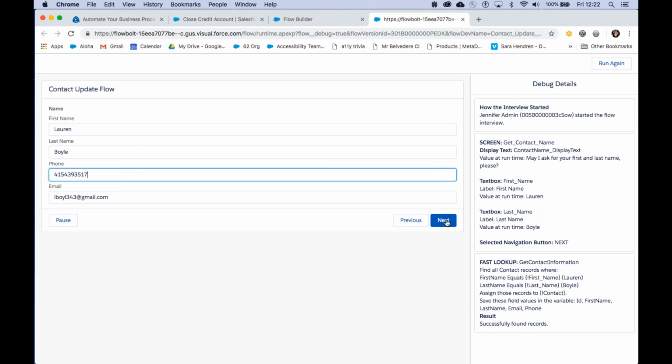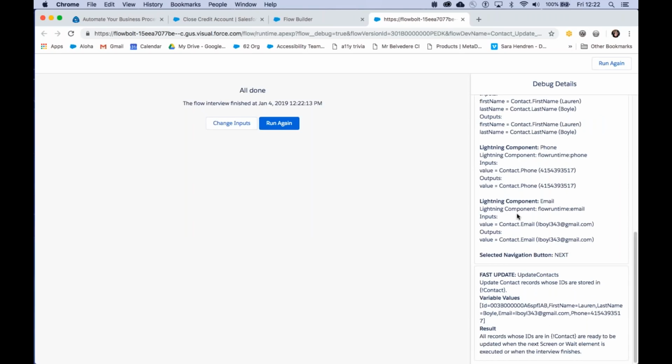So we'll change that and say next. We can see that when we've saved it, the variable values that we're saving show the phone number saved as 5317. If we went and looked at it in the contact record, we would discover that we had changed it.